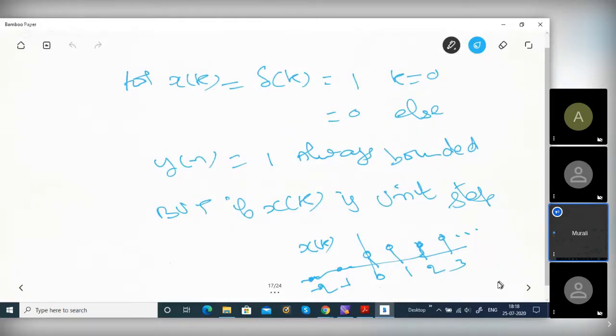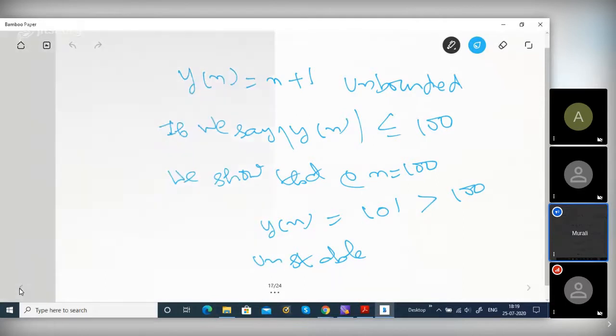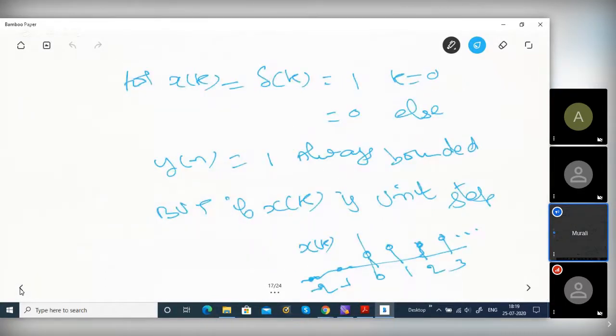So this is unit step, right? Yes, it is unit step. I am applying this to accumulator. What will be the output? Can you tell whether it is bounded? How will you prove that it is unbounded? It is obviously not stable, unstable, and output is unbounded, whereas input is bounded, because input is always less than or equal to one.